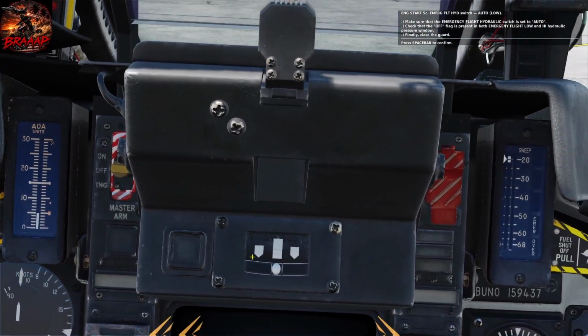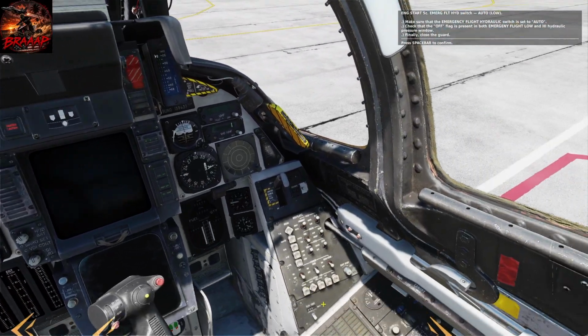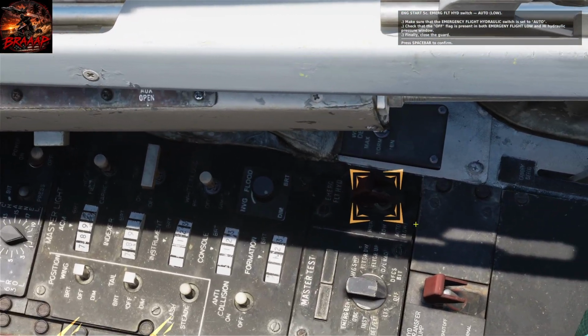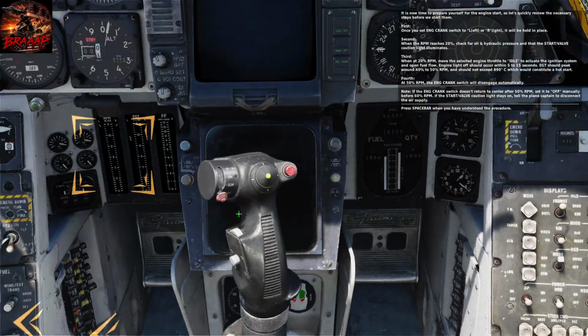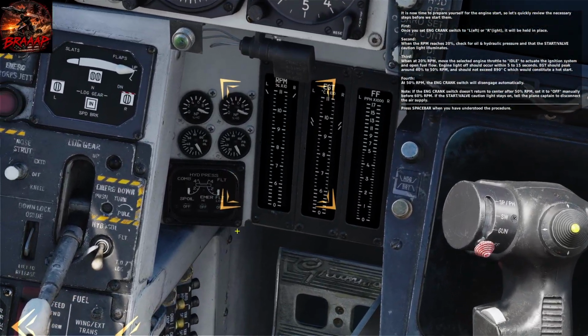Make sure that the emergency flight hydraulic switch is set to auto. Check that the off flag is present in both emergency flight low and high hydraulic pressure windows, and finally, close the guard. It's now time to prepare yourself for the engine start, so let's quickly review the necessary steps before